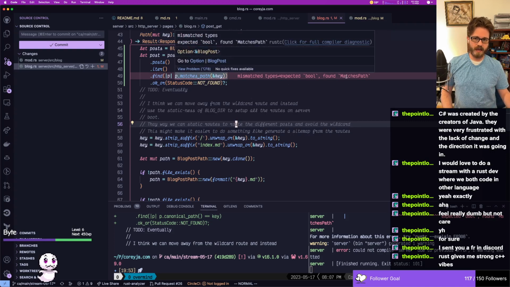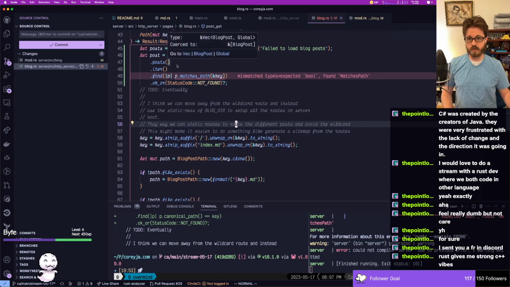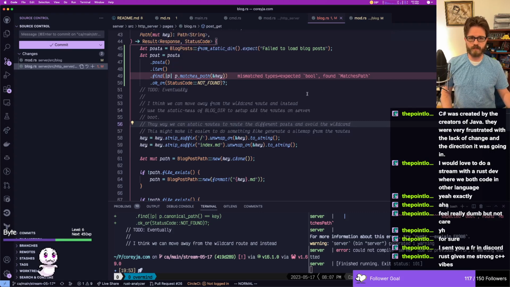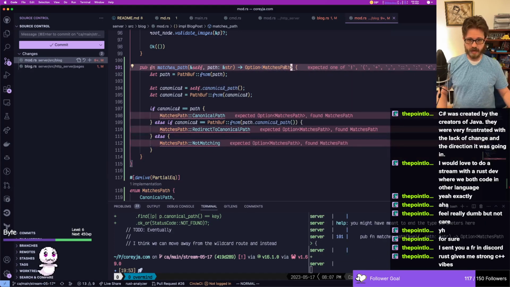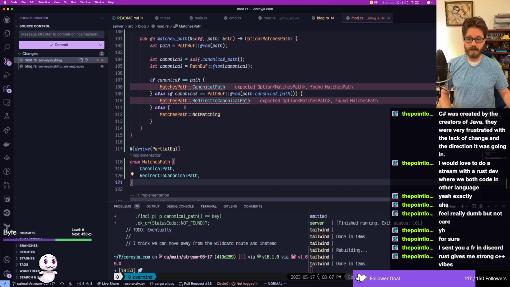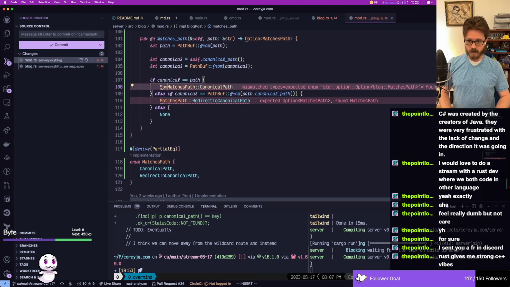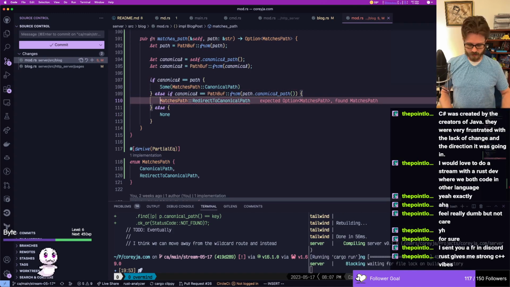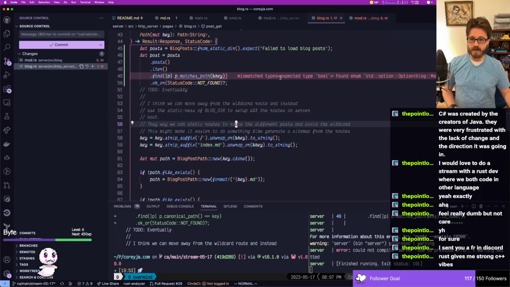Oh, I don't actually know what I want to do here, because I want to find the thing. Maybe I think I know what I want to do. I don't think I like this signature. What I really want to do is return an option of a matches path, and matches path doesn't have the not matching case. There is no match, you're a none. Or there's a match and it's canonical, or there's a match and it's redirect to canonical. That I like a lot better, because now I can keep this